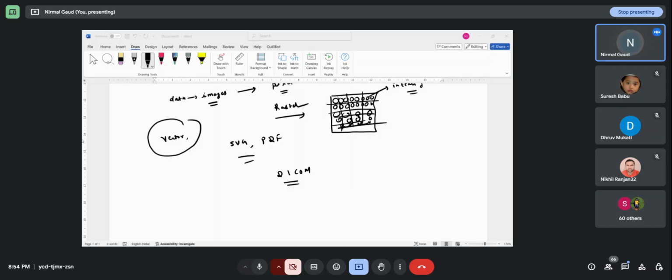This is the full form of DICOM. It is a standard format used to store, transmit, and view medical imaging data. It is widely used in radiology and other fields of image generation like X-ray, MRI, CT, ultrasound.